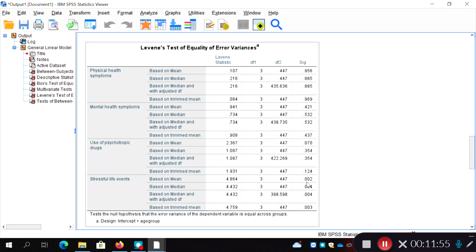equal variances. So when we look at our univariate Fs, if we find that stressful life events is a significant predictor, is significantly different for the age groups, we probably need a more robust F statistic to test it against, such as Welch's test. But we shall cross that bridge shortly. Okay, so